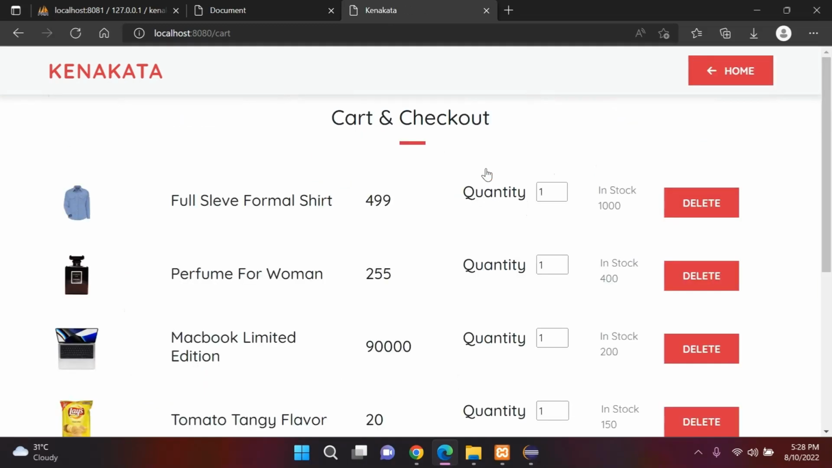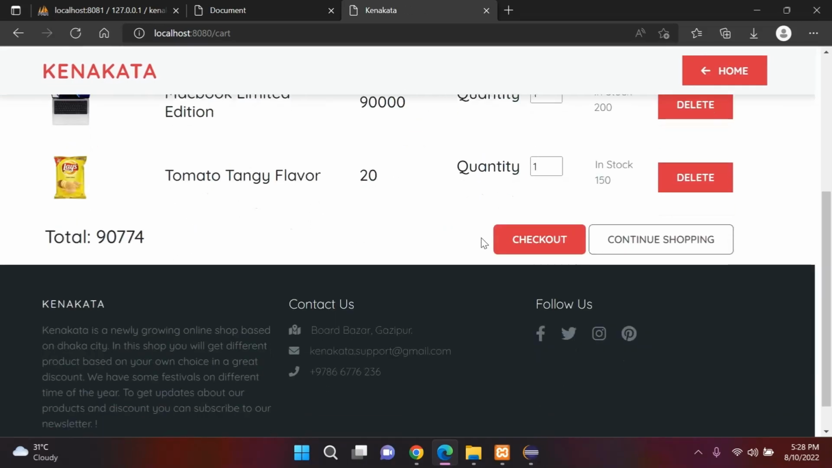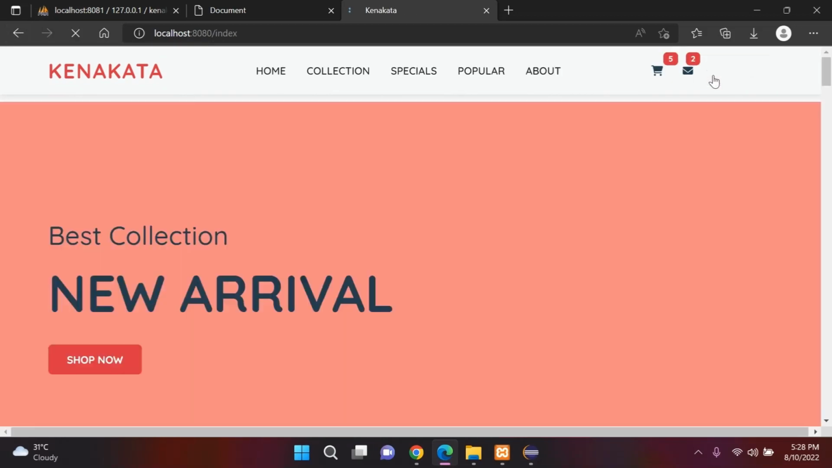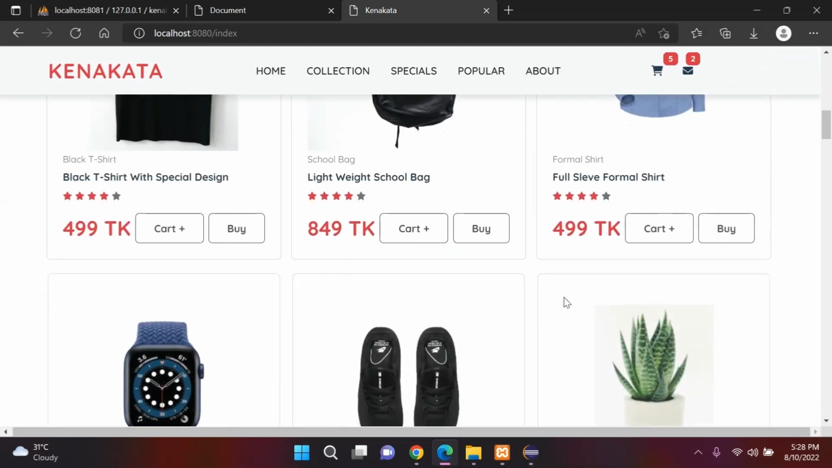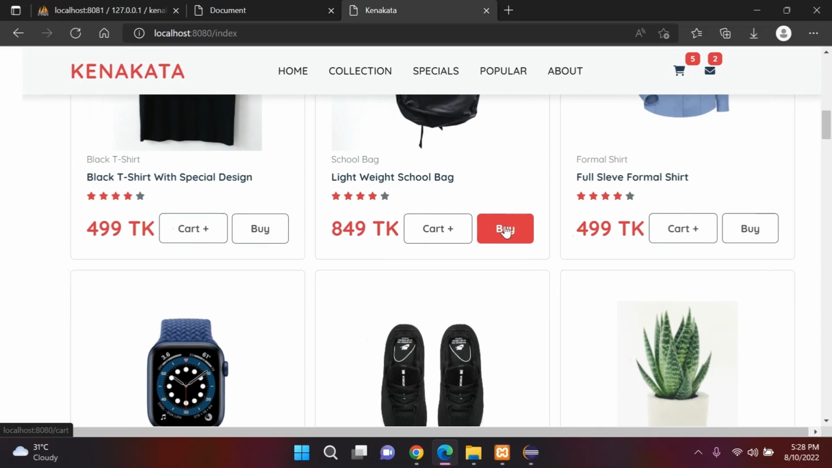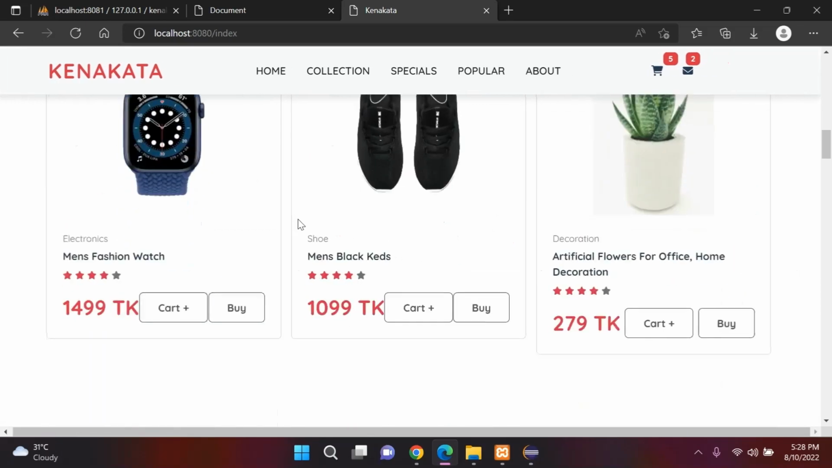Okay, if you want to buy anything, this will navigate through the cart and this will take you to the buy section. You can also buy by clicking these buttons,